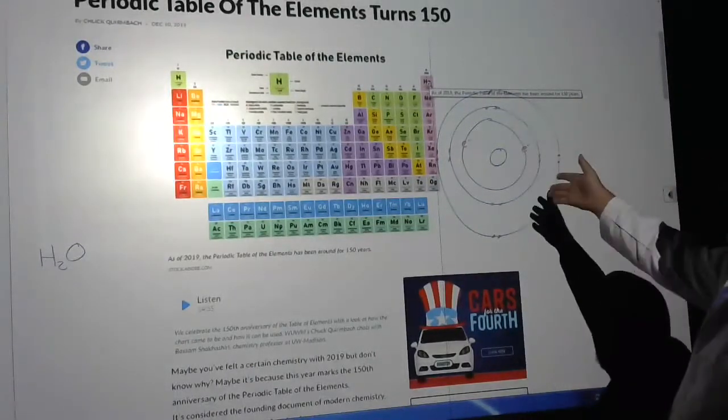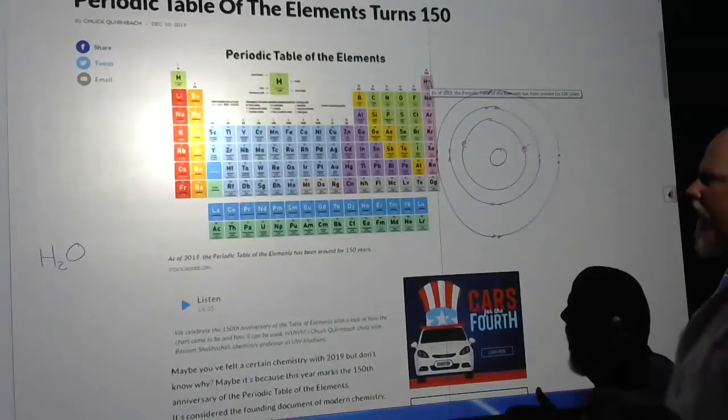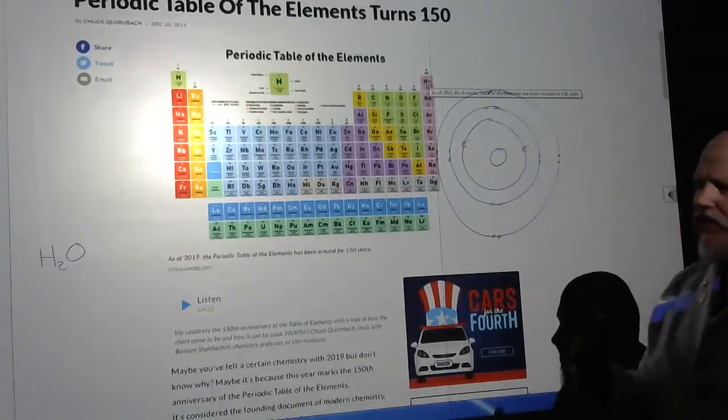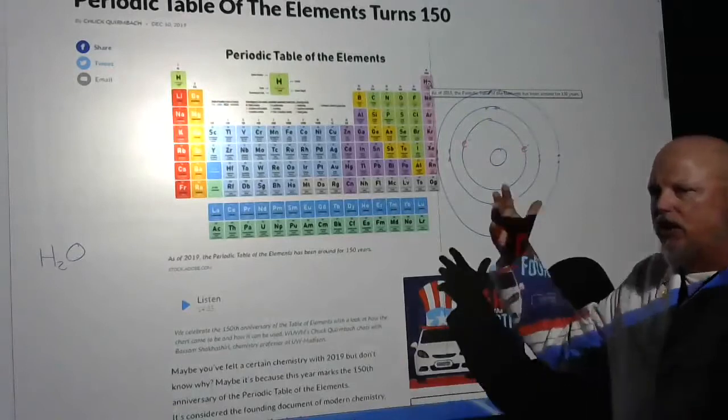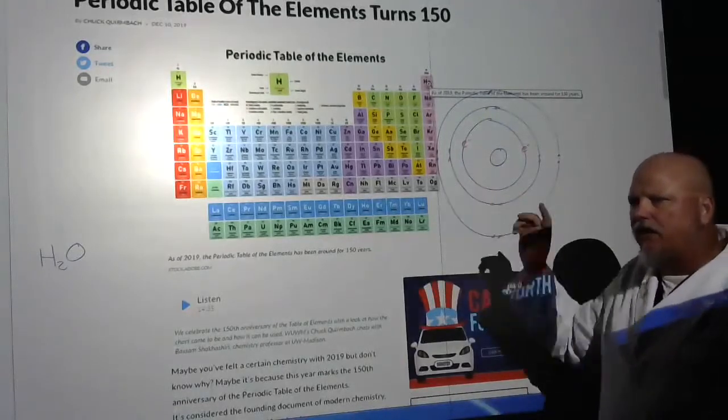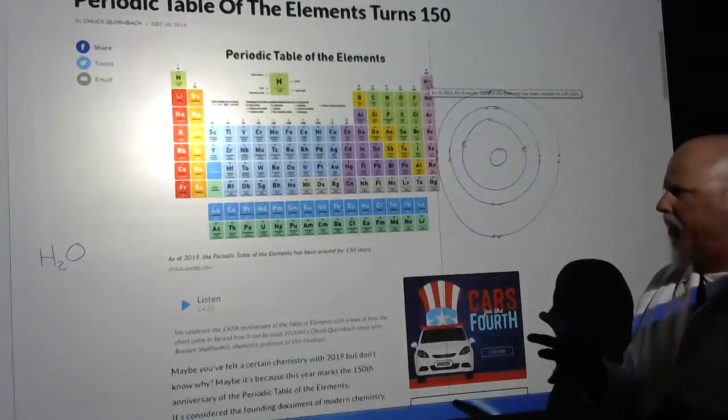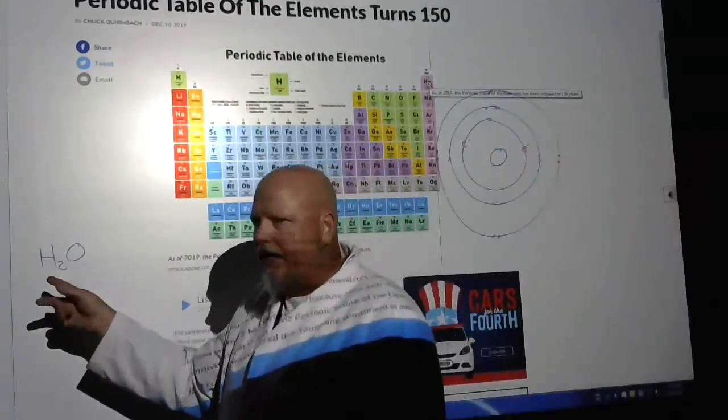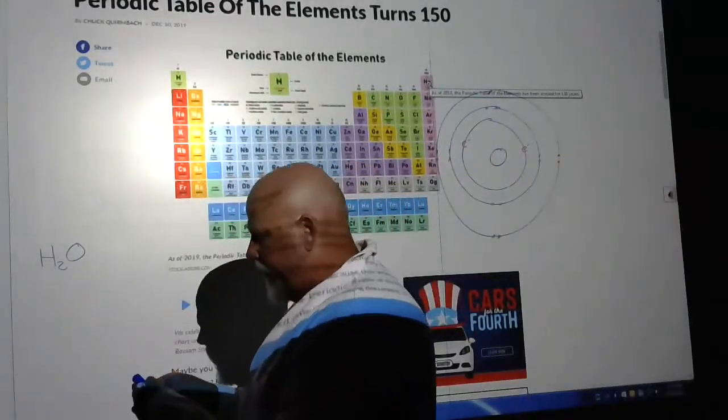Okay, so that is how we do valence electrons. Now, this is important when it comes to different types of chemical bonds. Some chemical bonds will actually use electrons to make themselves up. So we know that water, H2O, is actually